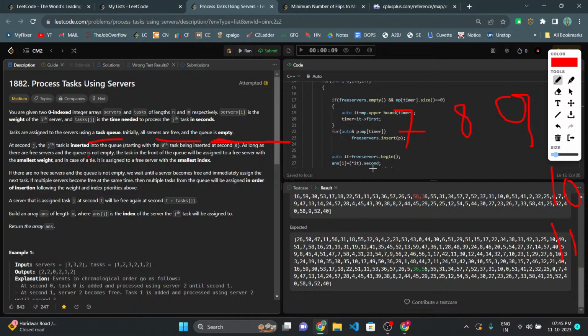So all these tasks will be assigned to these three servers at the same time. Okay,